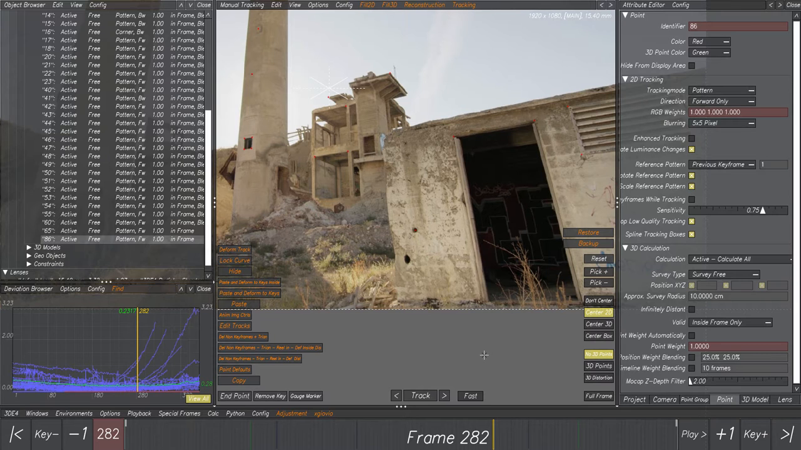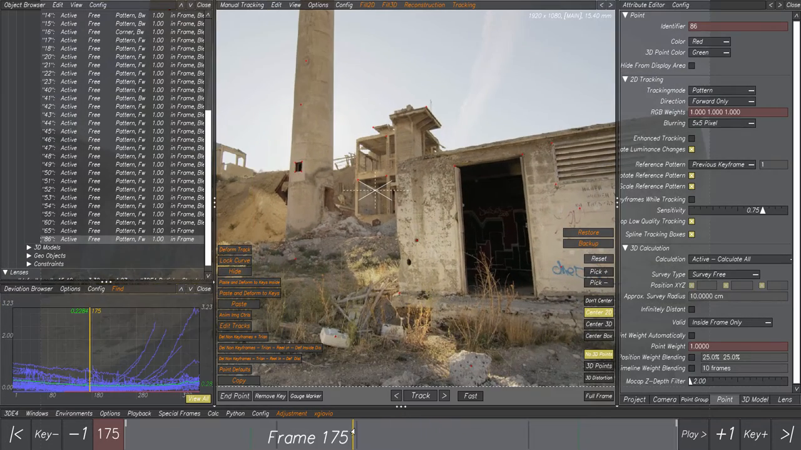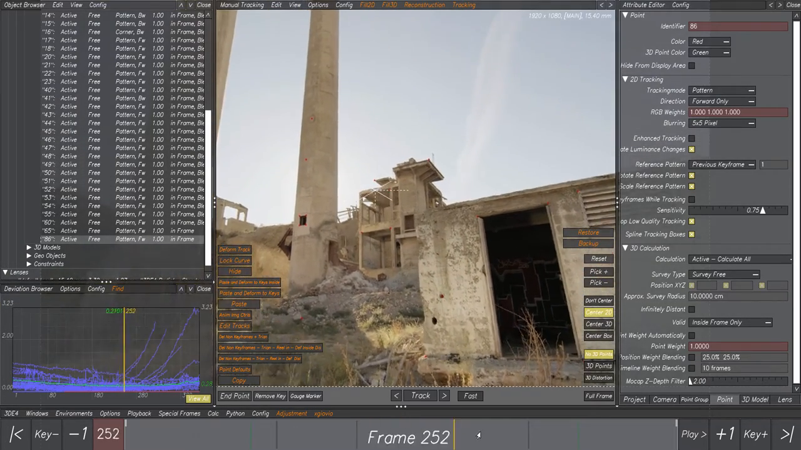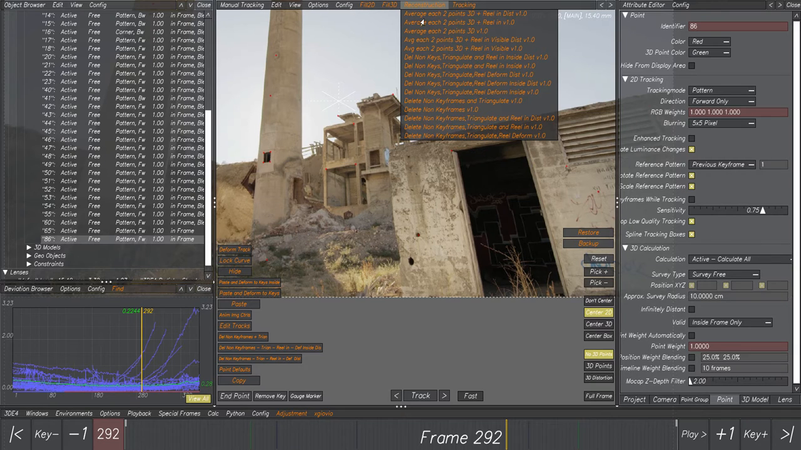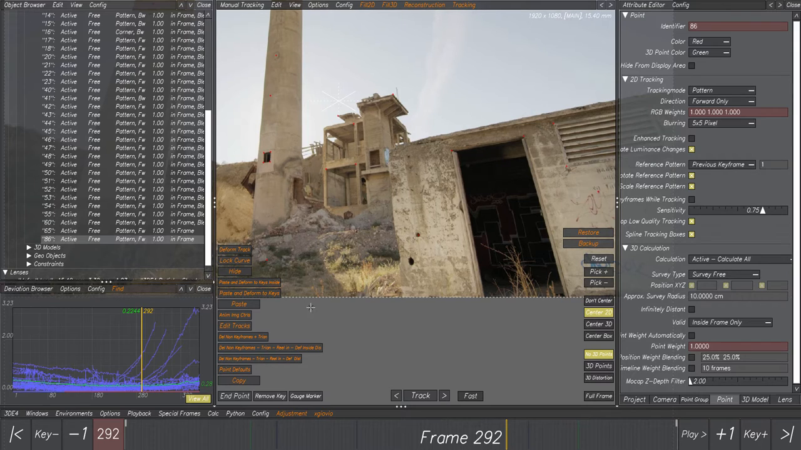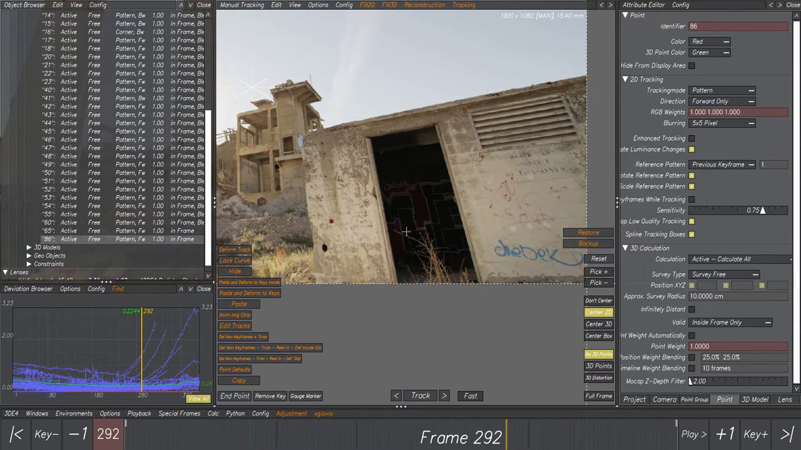You can say, oh, why are you doing this? Because usually this is very useful when you have to triangulate points. So after this step, you can also have a track only with the keyframes. We have the delete non-keyframes and triangulate, and you can find the same here, delete non-keyframe and triangulate. And this is useful because